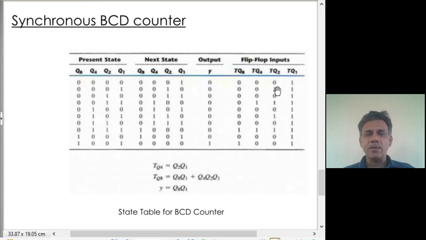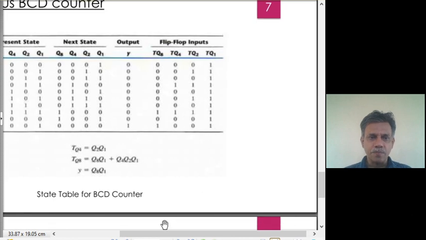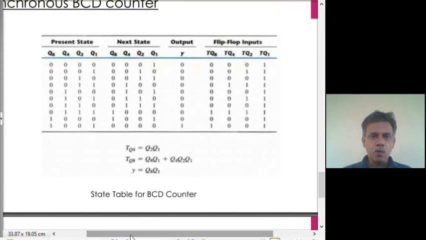TQ2 is also rather easy to arrive at. One way is to use a K-map based deduction technique and derive the equation for TQ2. We have not shown it here, but we can easily derive it. It looks very similar to Q1. So, 0, 1, 0, 1, 0, 1, 0, 1 is the way Q1 is also changing. But the only thing is that here is where it remains the same. So, only that condition has to be taken care of, otherwise it is the same as Q1. So, accordingly we can write an equation.